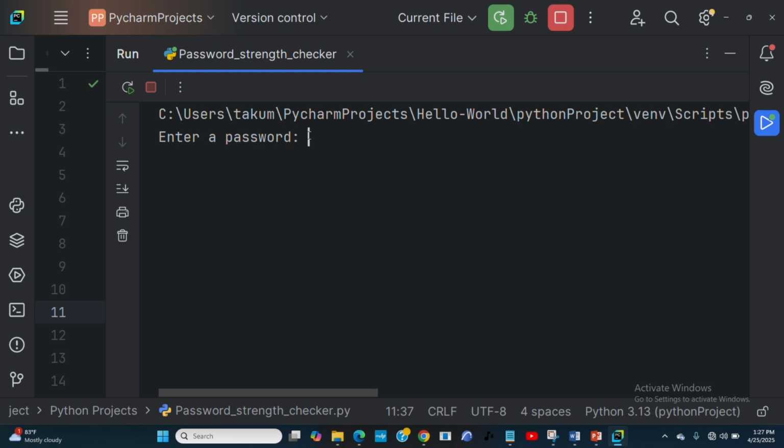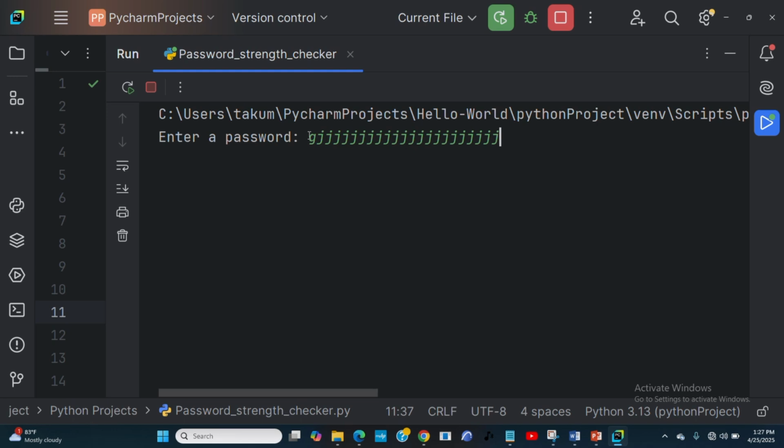Now, when you enter the password, make sure to remember the 5 things: the length of the password, it should include lowercase, uppercase, special characters, and also numbers, right? So these are the 5 things that will make the password very strong, and if we give 4 of it, it can also be strong. So let's try to enter based on that.